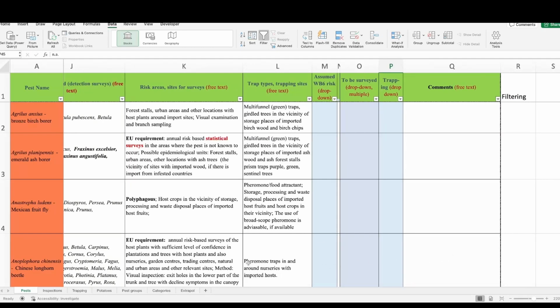The information is the summary of the relevant EU legislation, EFSA pest survey cards, and pest sheets in the EPPO global database. Then there are columns with multiple choice drop-down menus. In the column Assumed Western Balkan 6 risk, please indicate the outcome of your risk assessment according to the ISPM categories. In the column to be surveyed, select each year when the pest is intended to be